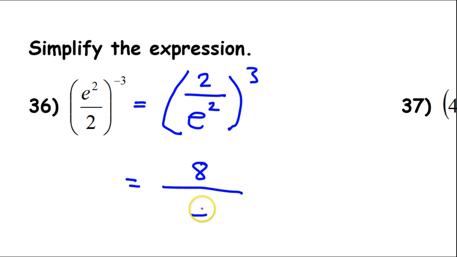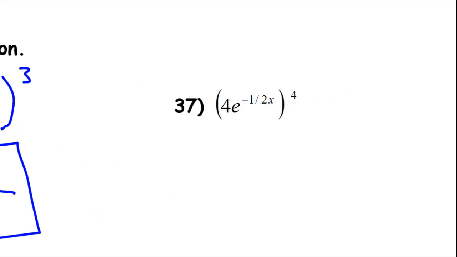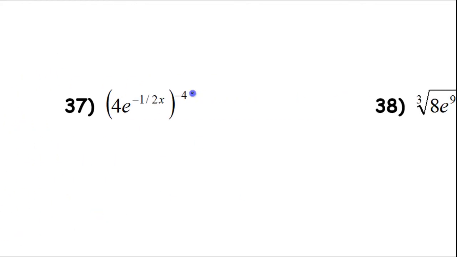Okay, so it's like this. If I have e squared and I'm raising that to the third power, I'm going to wind up multiplying these together. When you do a power to a power, you multiply. So this will be e to the 6th power. And so that's how you would simplify number 36. Now looking at number 37,